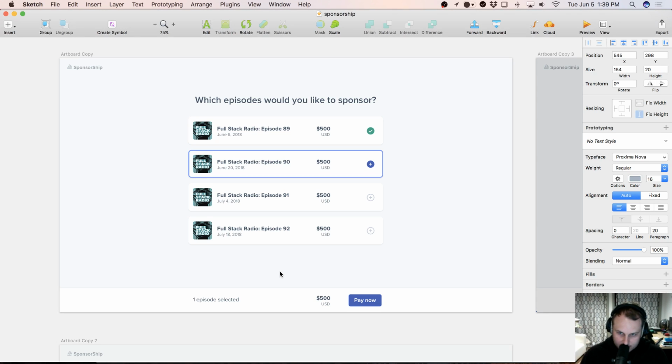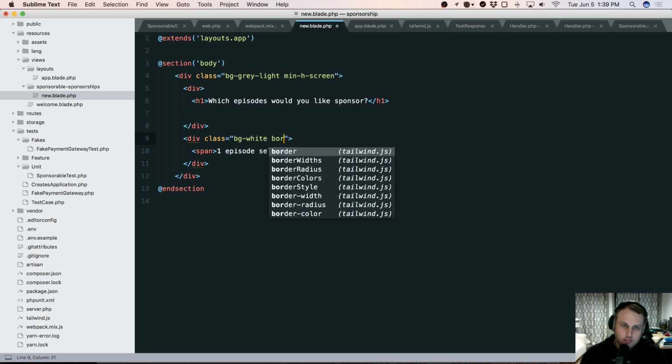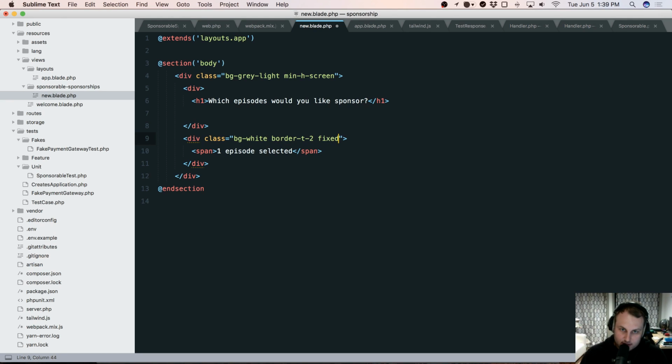and it looks like we got like a border T2. Border T2. It's going to be fixed. It's going to be pin B, pin X. And then we're going to have another div inside of it because this is going to be kind of our